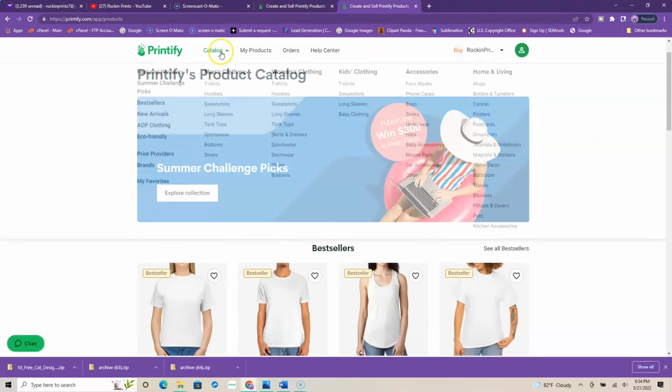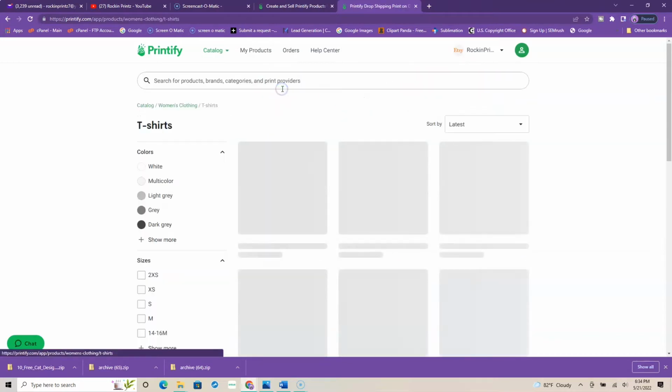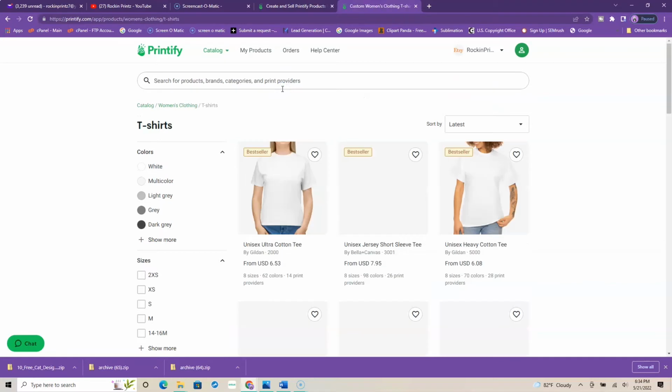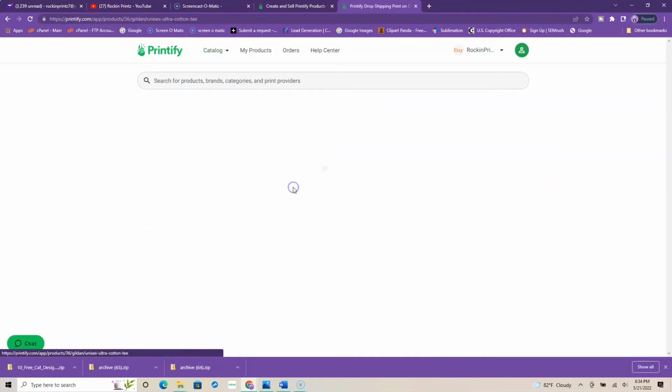So what do we want to make today? Do we want to do t-shirts, hoodies, women's stuff, t-shirts and hoodies, and more accessories? Or do we want to do kids, accessories, or home living? Today we're going to work on t-shirts. Okay, so let's click on a t-shirt, and let's do this one, this unisex Ultra Cotton Gildan 2000. Let's click on it,